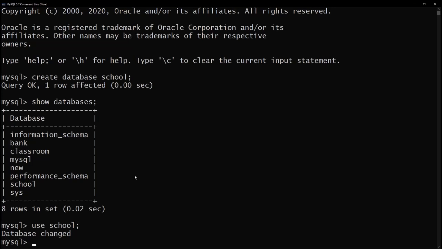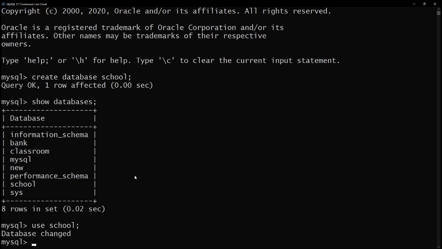Now I have decided that I'll be creating a table student. The format of the table I have already given in your Google Classroom. So check the format, children. To create a table, we are going to have 4 columns: admission number, name of the student, standard, and section number. So how do we start?